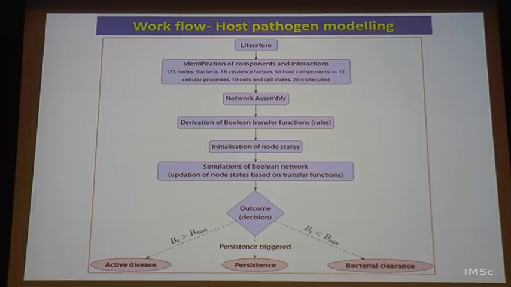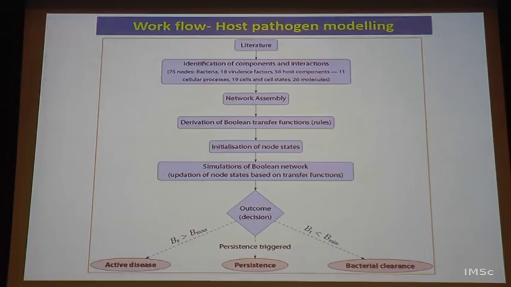And then you simulate, and in this case we were interested in looking at, this is somewhat like an attractor, 3 different types of outcomes. Is the bacteria getting cleared, like I told you early on? Is the bacteria getting killed and therefore infection is cleared? Or is it leading to active disease, where the bacteria is proliferating rapidly over a certain rate that we defined as an in-between kind of thing? So, this is somewhat semi-quantitative in that sense. Or is this involved in a stalemate, leading to persistence, and so on.